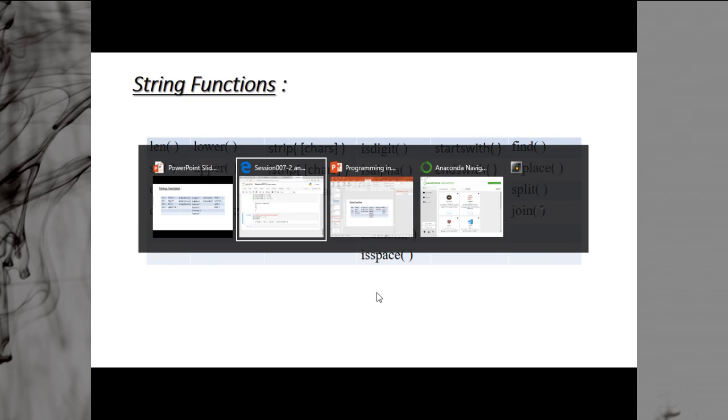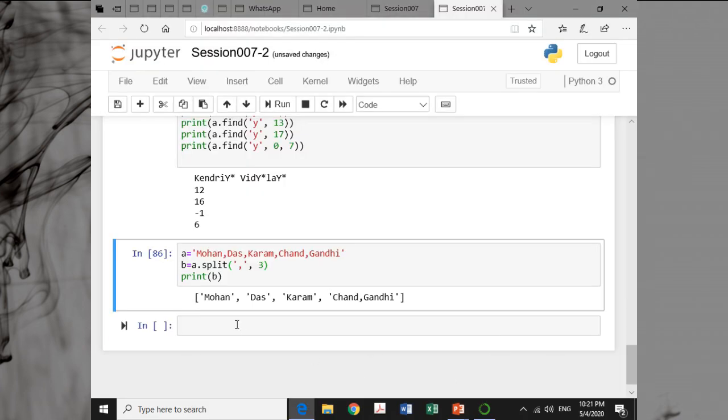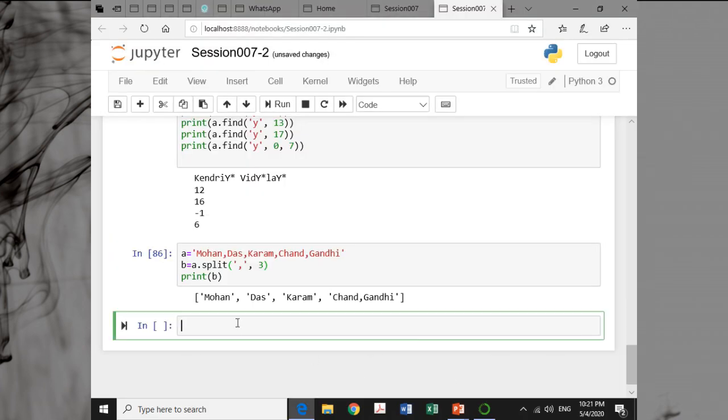And finally we are having the join function. Join is used to join two or more iterables, iterable strings. Like say suppose we say print hash dot join. Now here we have to specify any iterable item, that is list.